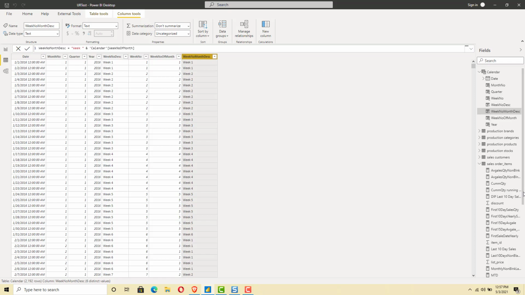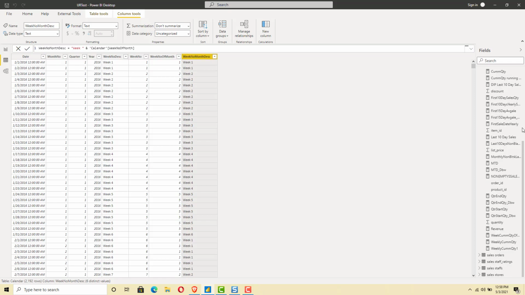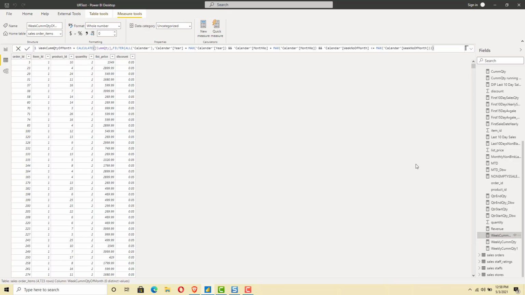So for that purpose, we will go to our actual table, which is the sales order items table, and we will add a new measure called weekly cumulative quantity of the month. What this measure does is that it will do a cumulative calculation of the original measure. The original measure here is cumulative quantity, which is the sum of the quantity of sales that happened during a period.